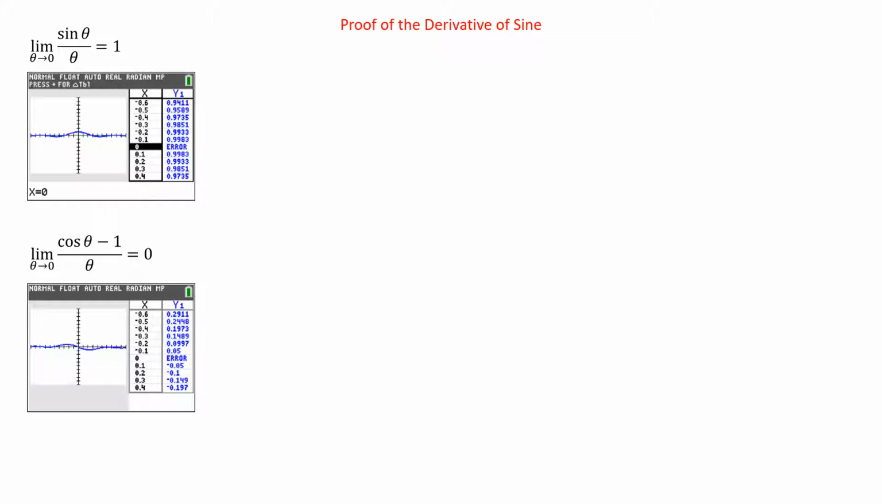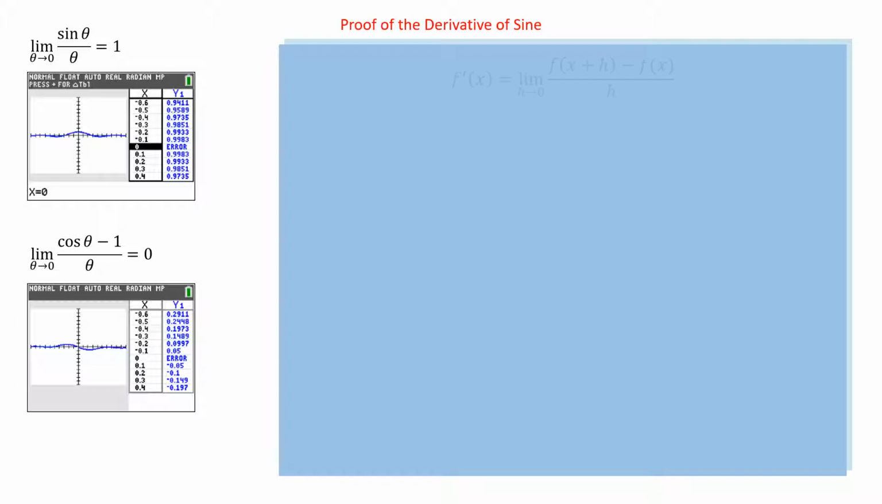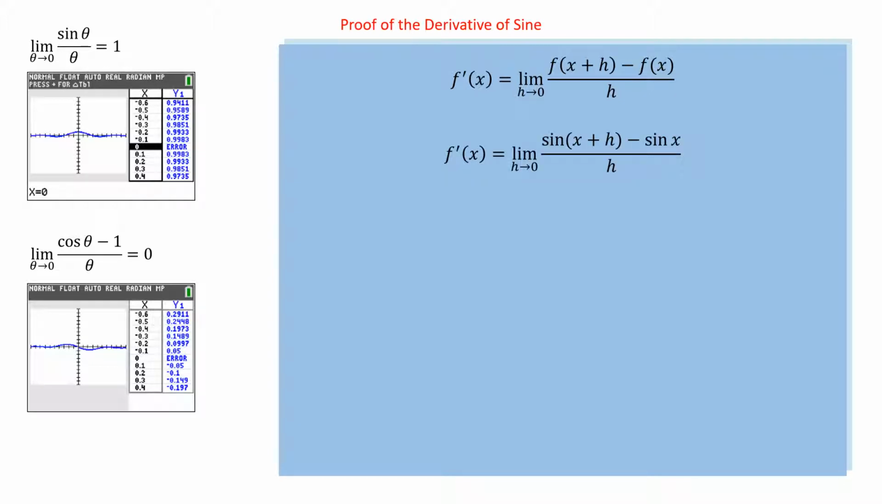Now we can look at finding the derivative of sine using the definition. So using the definition, f prime of x equals the limit as h goes to 0 of f of x plus h minus f of x over h. Remember, we can always go back to the definition to find these derivatives. We can plug these into the sine function. So we get the limit as h goes to 0 of sine of x plus h minus sine of x